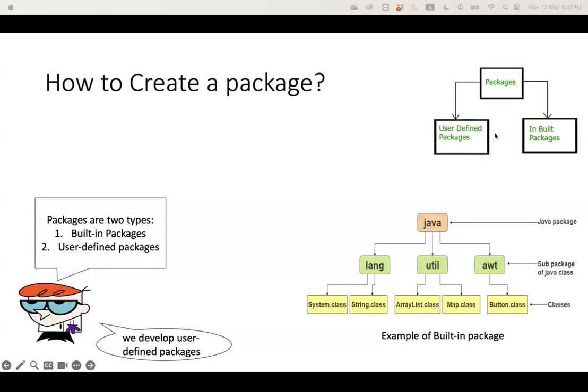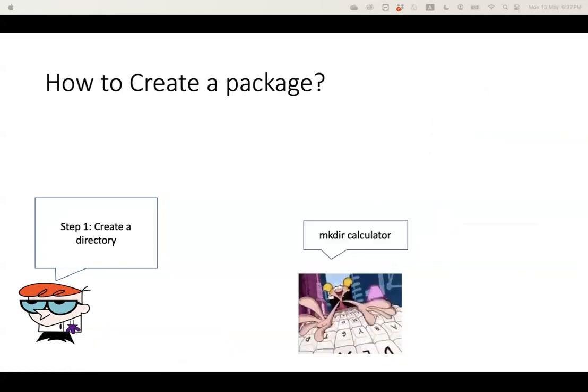Now let us do it step by step, how to create a package. Step 1. First, create a directory for the package. Here you can see Didi is creating a directory in Linux using the mkdir command, mkdir and the calculator name. Once you create this directory,